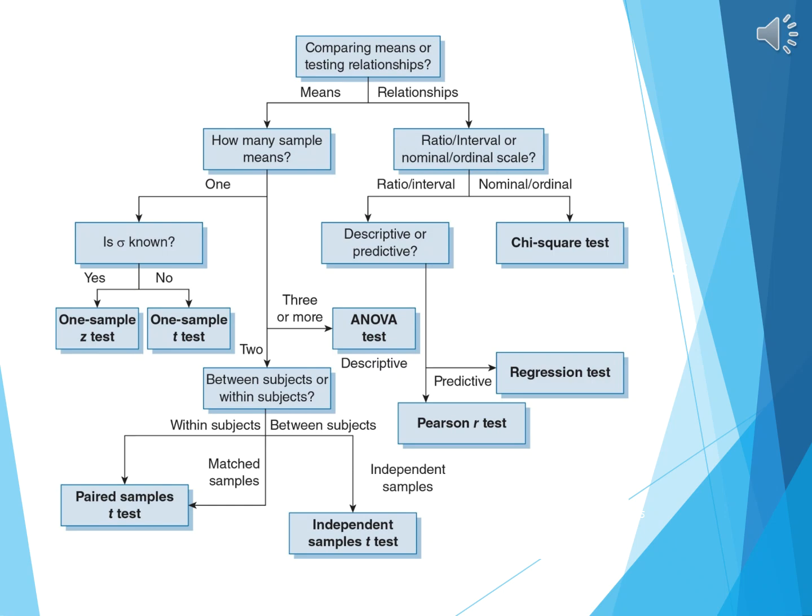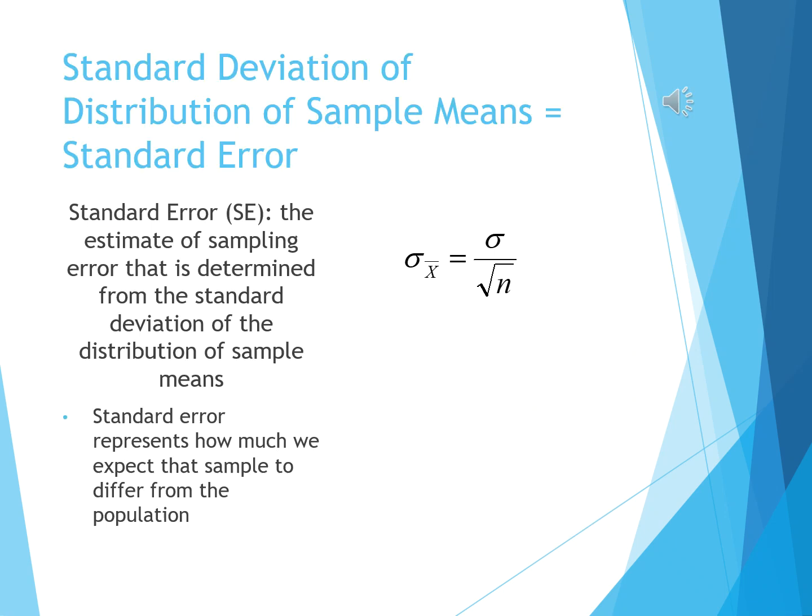If the answer to that is no, you do a 1 sample t-test. So in a 1 sample z-test, you've got to know a number of pieces of information. You've got to know the population standard deviation, and you've got to know the sample size that you have taken, and that'll allow you to calculate the standard error. So we've seen this slide before. The standard error is basically the standard deviation of the distribution of sample means, and it represents an estimate of